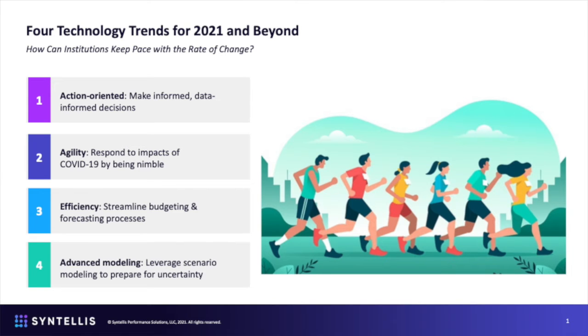But the trends that we see coming out of this survey were really four at a high level. One is being action oriented. So we think about making data informed decisions, right? Not just data driven decisions. I think Phil and I are going to talk about this a little bit more later on, but you also need to be agile, right? And so you've got to be able to respond quickly as events happen in the market or external factors or internal factors. You've got to have the agility to react and respond, and hopefully to be proactive as well.